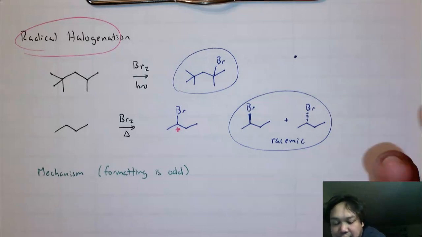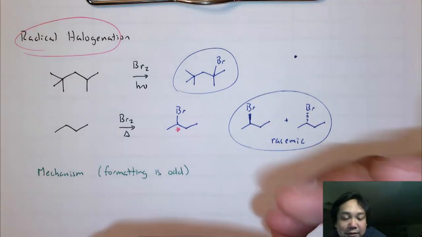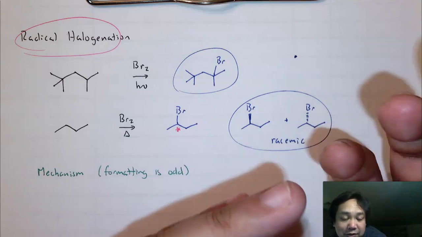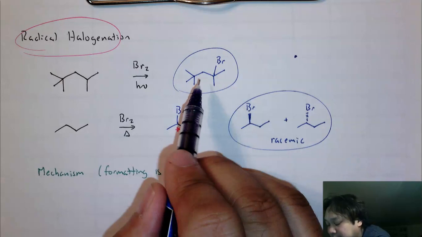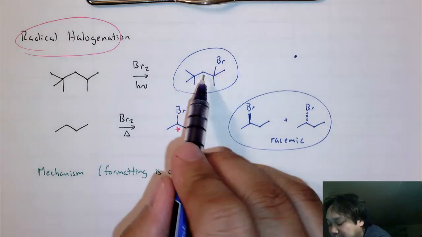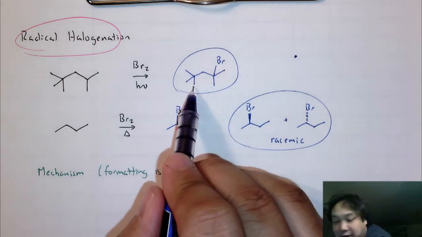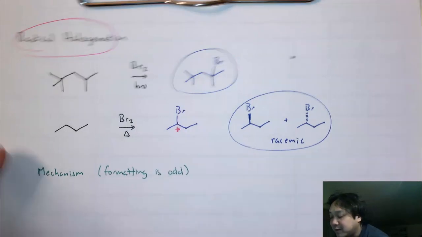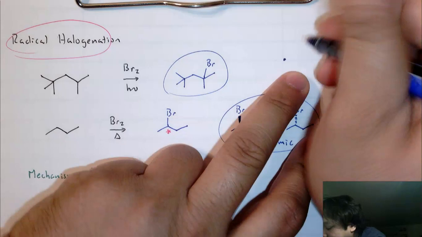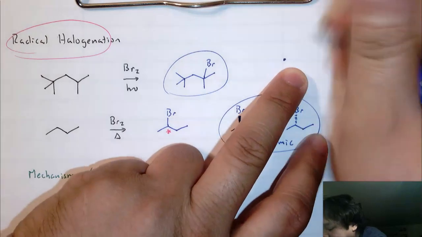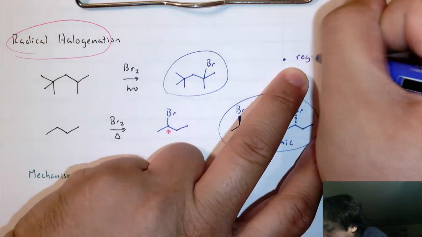Regio means that you're choosing a constitutional isomer or a set of constitutional isomers over another set. So you notice that I didn't make any constitutional isomers. I didn't put the Br on a primary carbon. That's what I mean by we chose this one. So we should say here the regioselectivity